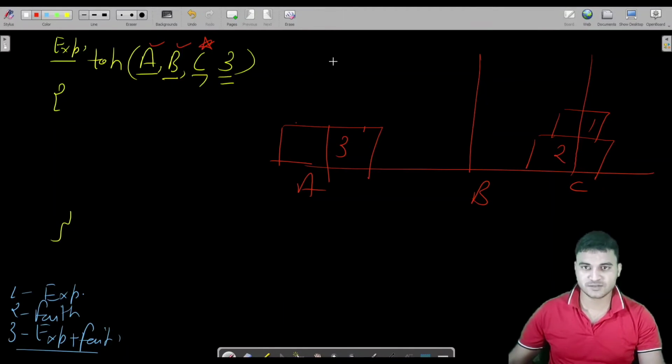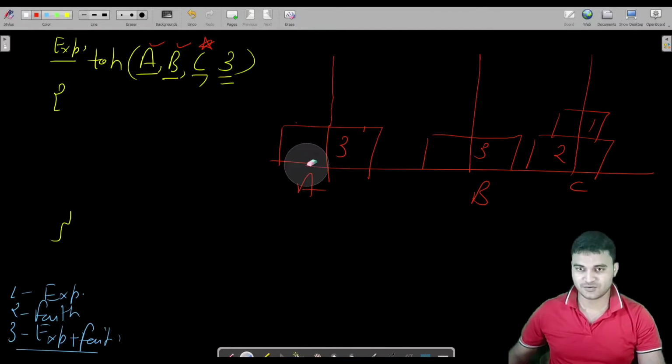Just assume we have already put these 2 disks from A to C, and now put the third disk from A to B. So this disk is not here anymore.